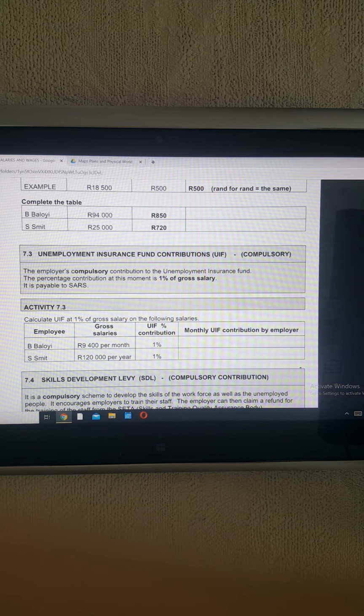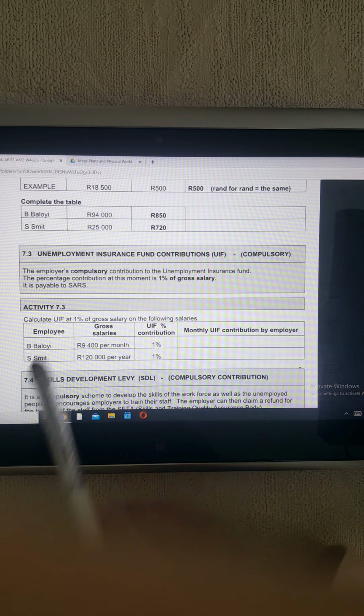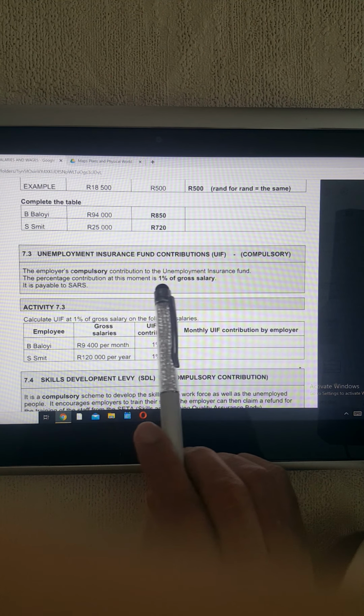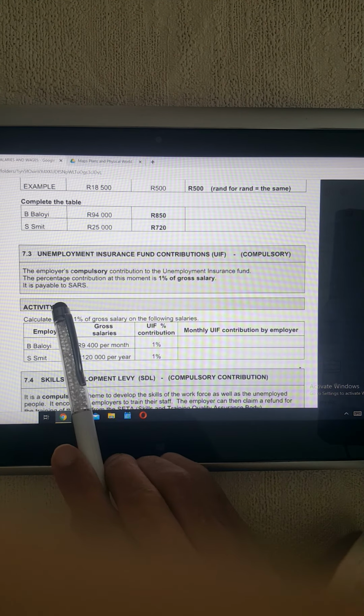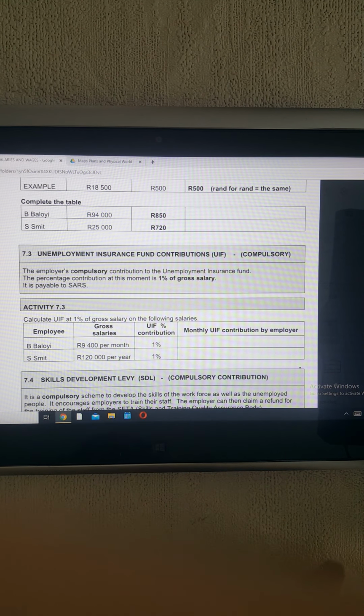It's compulsory, okay? Which means that the employee and the employer have to pay. You don't have a choice about it. The employer's compulsory contribution to the UIF is, at the moment, 1% of the gross salary, and it's payable to SARS. So it's the same thing. The employee pays 1% and the employer is going to pay